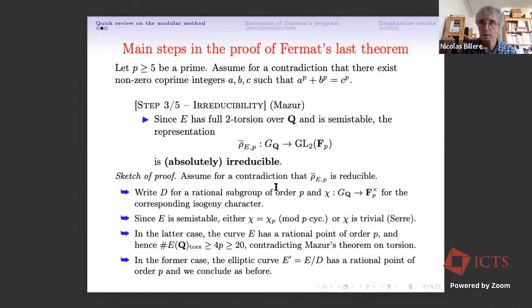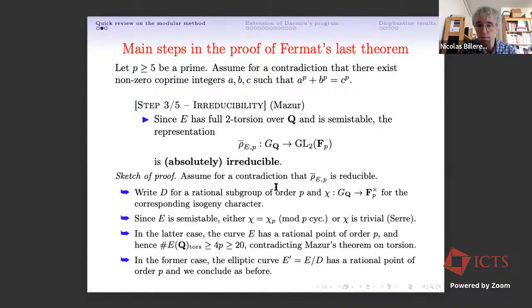So if you remember the notation in Barinder's talk from yesterday, what it says is that if you take the 12th power of the isogeny character, the exponent will be either 0 or 12, one of the two extreme cases that was discussed. So in the case where the isogeny character is trivial, then it means that E has a rational point of order P. And now remember that E also has full 2-torsion over Q. So that implies that the torsion subgroup, sorry, has order at